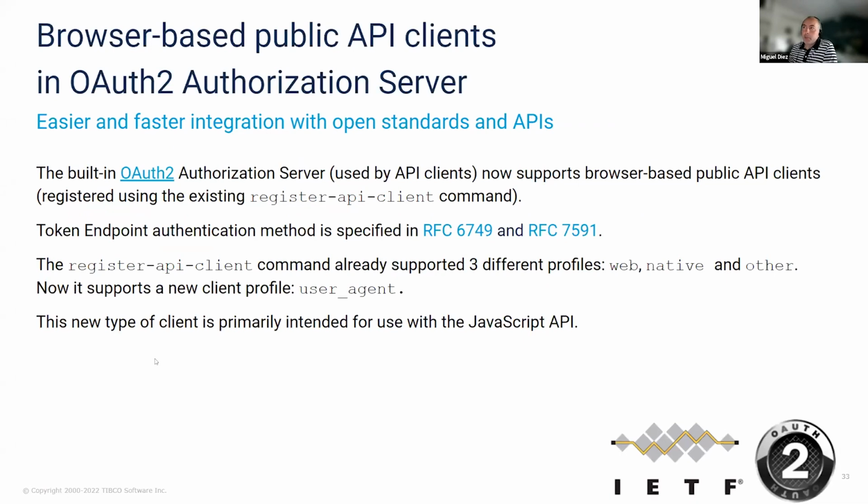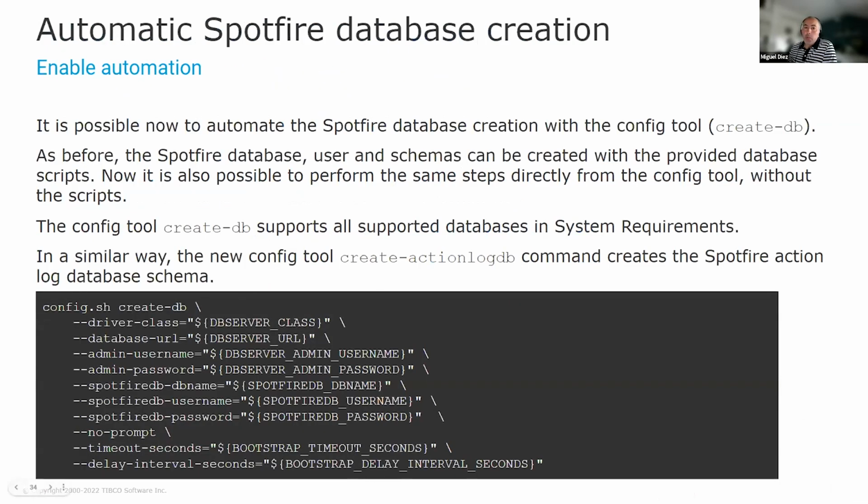It's integration with open standards. Again, the built-in OAuth authorization server now supports browser-based API clients. This type of client is intended for use with the JavaScript API, again for easier and faster integration. We include a number of enablers for automation and scaling that you can use with the charts or outside with